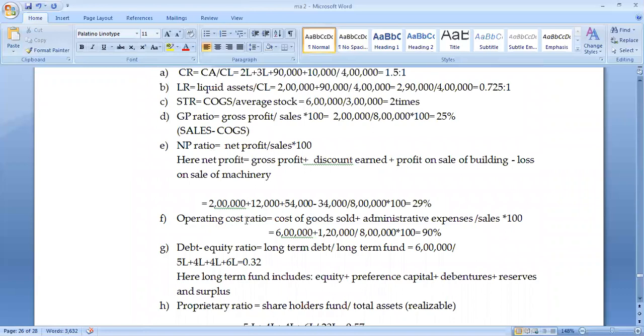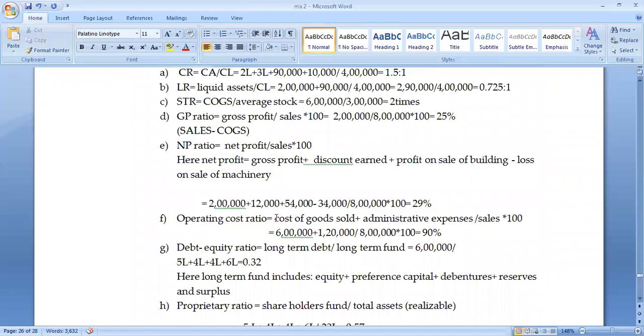Remember, whenever an operating cost ratio is given, what is actually operating is what is going to be incurred on a regular basis. So discount will not be provided regularly, right? Profit will not be incurred regularly. Why will the profit not occur regularly? You will not be selling the building or the furniture regularly. So you may have incurred a loss, or you might have incurred a profit whenever it is made.